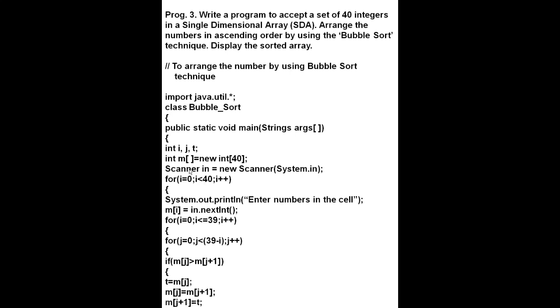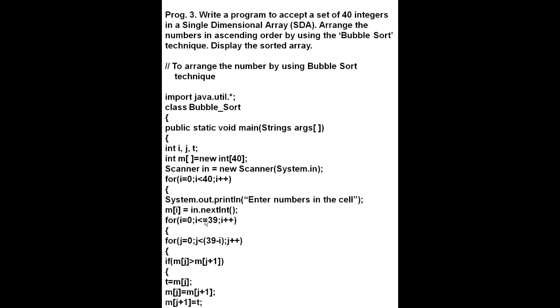Now this is the loop to arrange these numbers. Curly bracket, System.out.println enter number in the cell. Now you will enter the number in the cell, then write the data type, because we have entered an array element, so the data type array will come here. Now for i is equal to 0, i less than or equal to 39, because there are 40, so we will take 39. Then this is the curly bracket. This is the condition